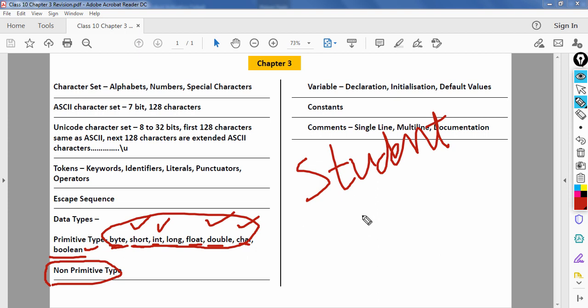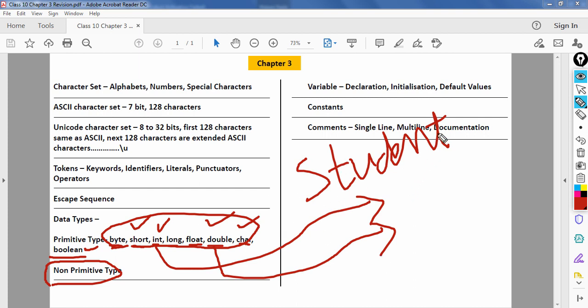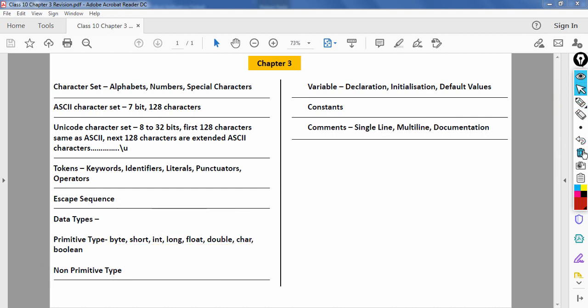For example, if I want to store the age of the student, I'll be using int. If I want to store the height of the student, I'll be using, let's say, double. So the non-primitive type is a combination of the primitive types, not all, as required, plus other non-primitive types. So this is data types.